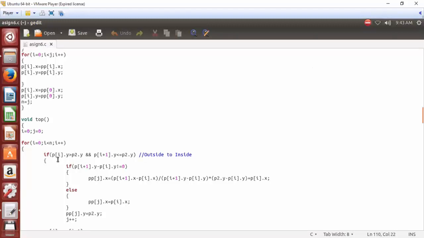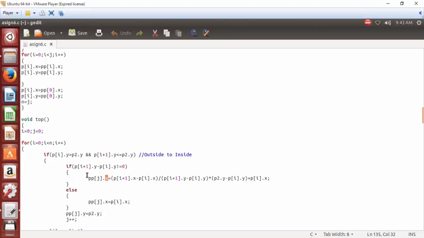So if p of i dot y is greater than p2's y, and p of i plus 1, meaning the line's y value, is less than p2, meaning the window's y value, we are saying that the condition is outside to inside. Again, if the y difference is not equal to 0, we are going to calculate the x value here, because the y value we know, right? So according to that we have to just interchange the value.